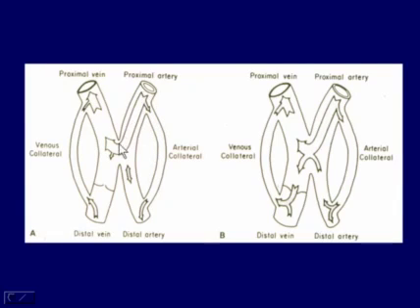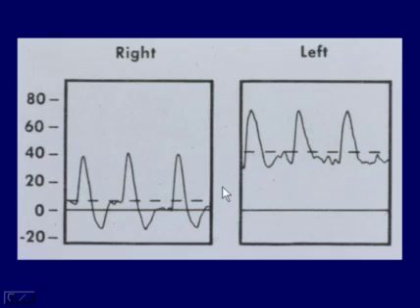Early on, a fistula is not that big of a deal. While it's taking blood and putting it into the venous circuit, it usually doesn't result in any other problems. However, if left untreated, some fistulas can get larger, resulting in increased pressure in the venous system, which will blow out valves, and it can actually result in a distal arterial steal in some patients, so they need to be taken care of. As I said, if we look at signals right to left,